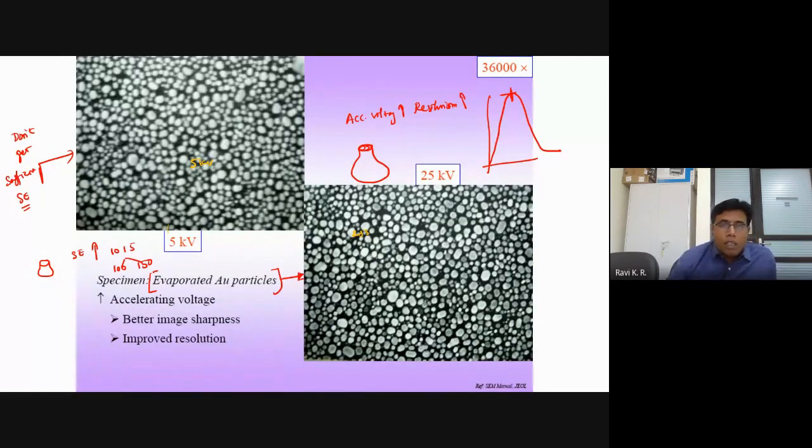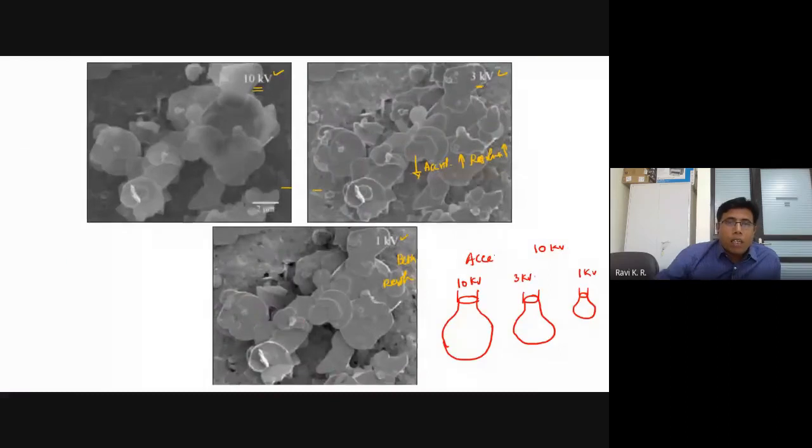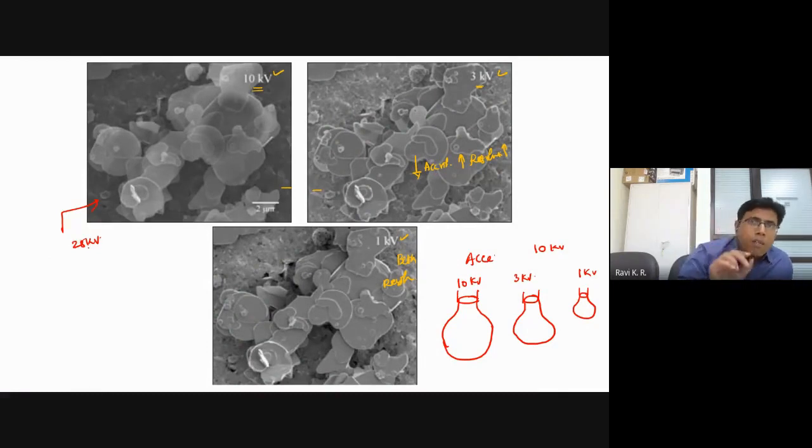Okay. He does all the calibration with the standard sample, which is actually at 25 kV where you are getting the best resolution. But let us assume that you apply the same condition for this sample, 25 kV, you may not get a good image. So that's what I'm saying. Whenever you are going to use a microscope, you need to know which is the optimum for that particular sample.